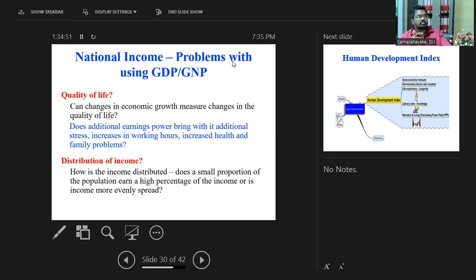So when you do more things, you may increase your anxiety and stress, and you may get a lot of health problems and family problems. So that's about quality of life. But now the question is, where are these measurements in the economic growth measures, right? And even distribution of income. Of course, we know these economic growth measures will not say anything about distribution of income. Even per capita will not say anything about distribution of income. So this inequality will not be reflected through such things. So these kinds of weaknesses are there.